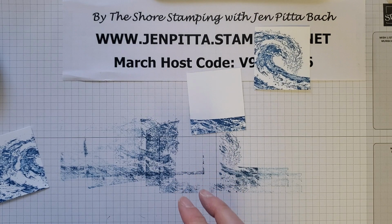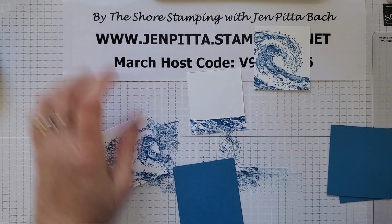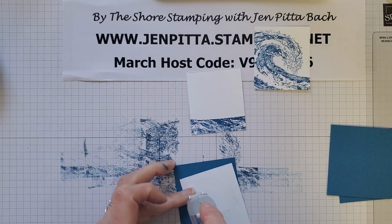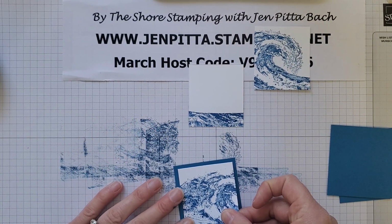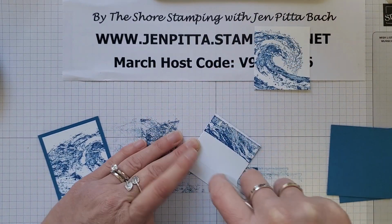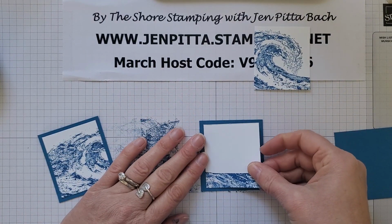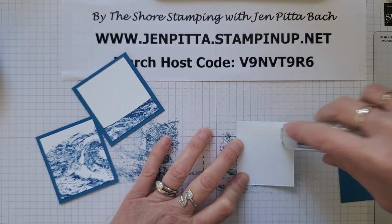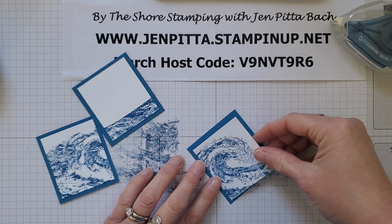So now what I can do is I'm going to go ahead and attach those down to the Pacific Point mats. So I'm using Pacific Point and Coastal Cabana. So let's do that. And right now it doesn't matter what order I'm doing it because I'm going to layer them in the correct order once I get there. We're just getting this set. This is probably the hardest part, is to get the wave done right. But it's actually really super simple. Okay, so now